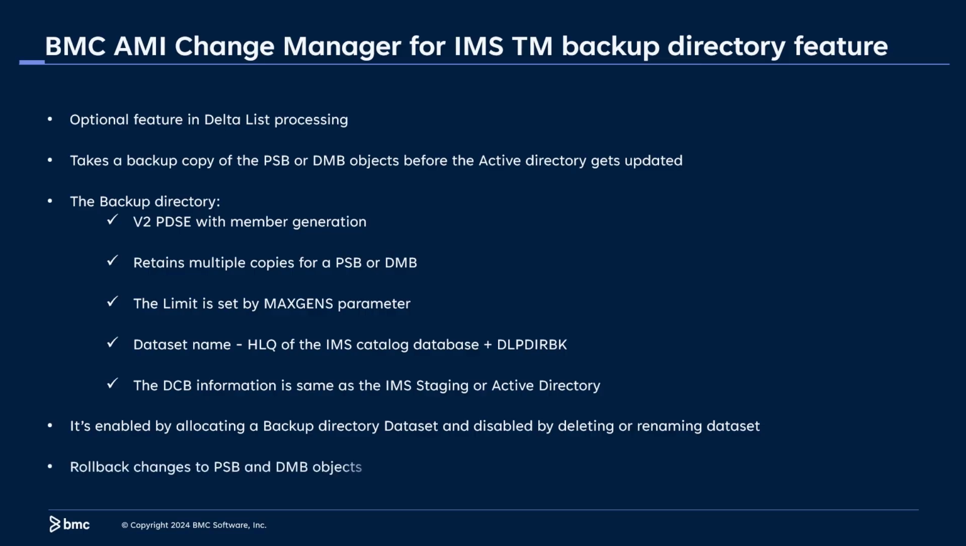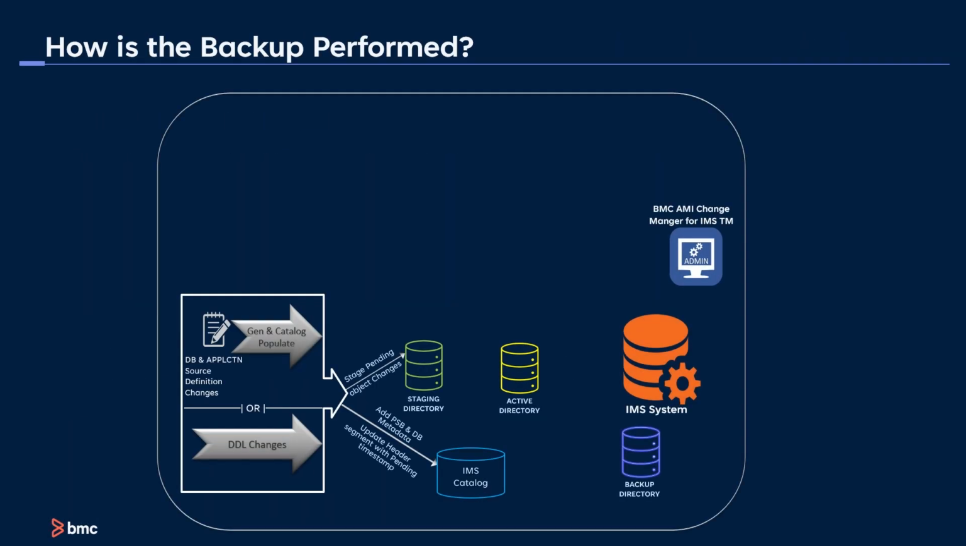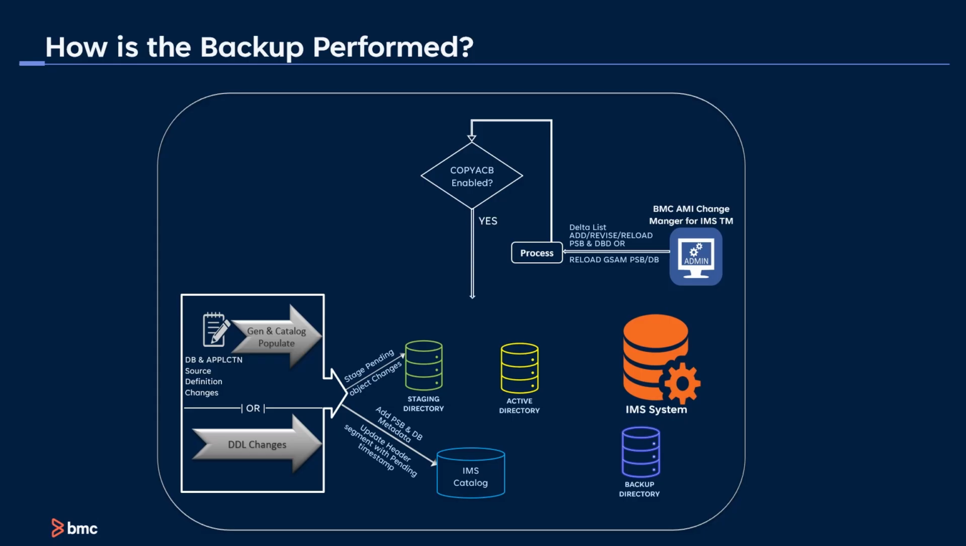This backup directory feature is helpful for rolling back changes made to PSB and DMB objects in a managed ACB's environment. How is the backup performed? When a Delta List operation like add, revise, or reload is executed for an application or a database, the Change Manager for IMS TM first checks if copy ACB is enabled in both the IMS ID options and on the Delta List request element. If copy ACB is enabled, it then verifies if the runtime control blocks for the databases